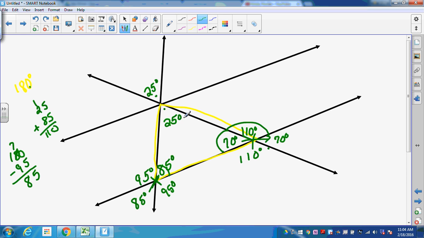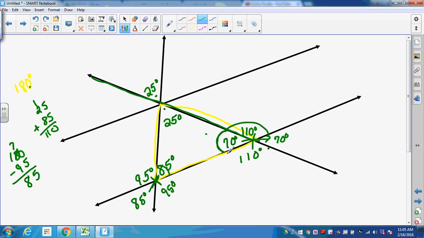All right, so now I need to finish up with these angles up here. So what I'm going to have to do is take a careful look at these and start looking at alternate interior angles. Okay, and when I say take a careful look, I mean take a careful look. So if we just focus on one transversal, let's look at this transversal right here. I know that